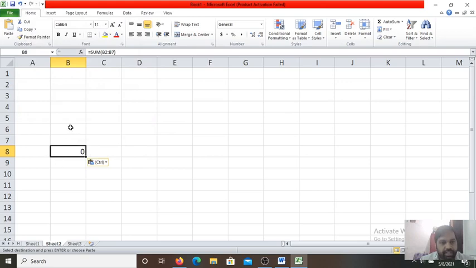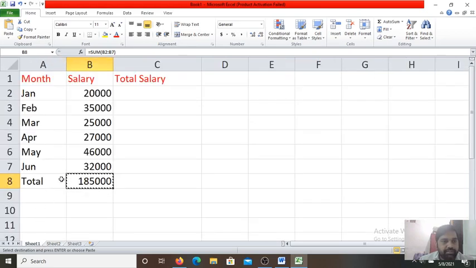Zero. No value is there. So in order to use this value, some data should be there now. So let me copy the data also from sheet 1. Let me copy this data.